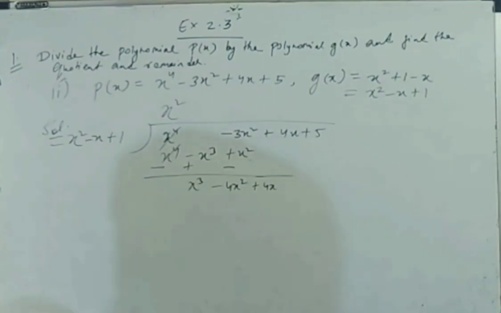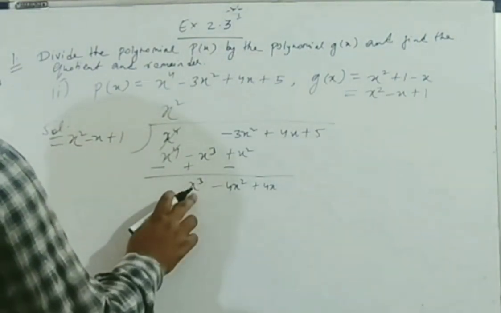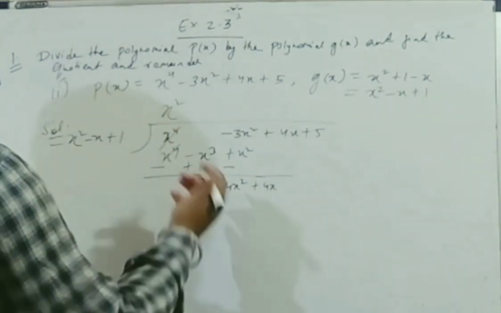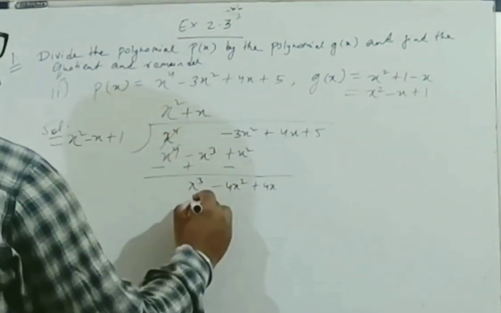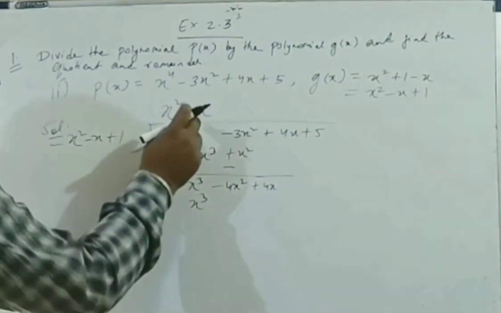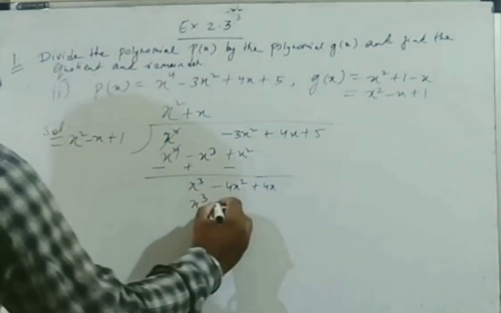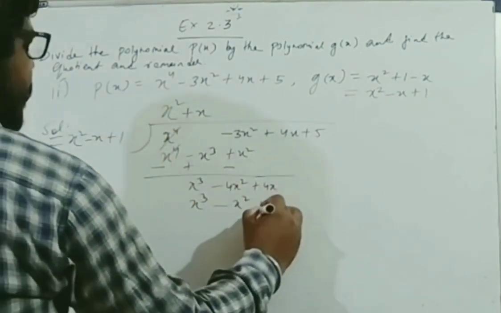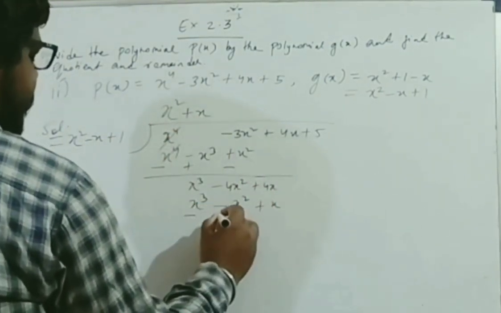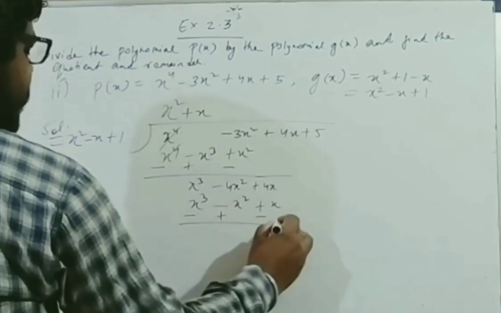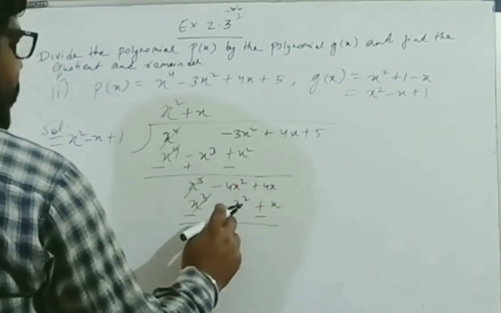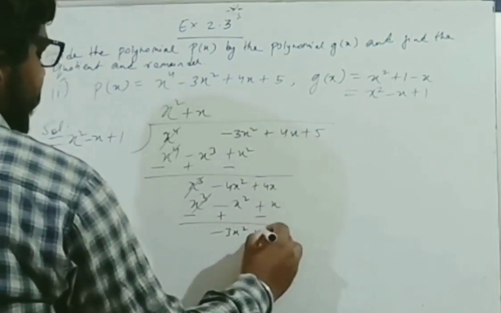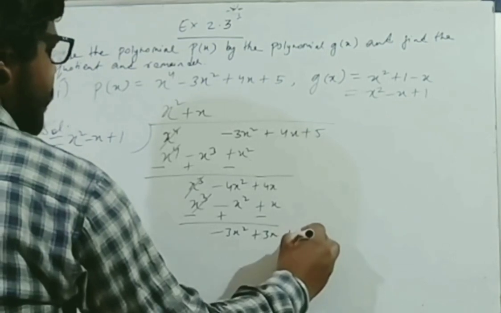The next term is 4x square. Okay. The next term, x cube you want, or you have x square. So now what will you multiply? x square, x cube. Simply multiply by x, so x cube. So x is multiplied with this: x cube, then x into x square, then x into 1, 1x. And the sign changes: this plus becomes minus. Cancel out, plus x square minus 4x square, minus 3x square, minus x plus 4x, plus 3x. The next term is 5.